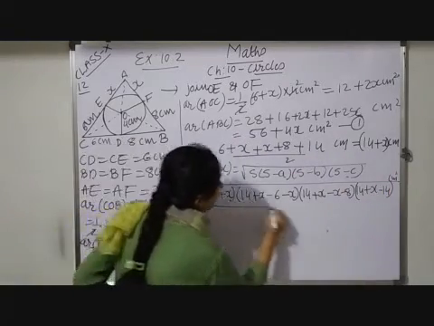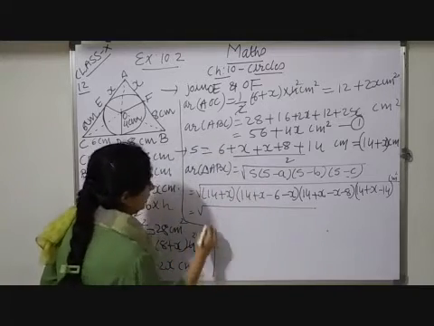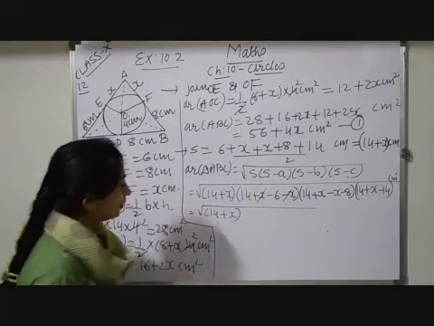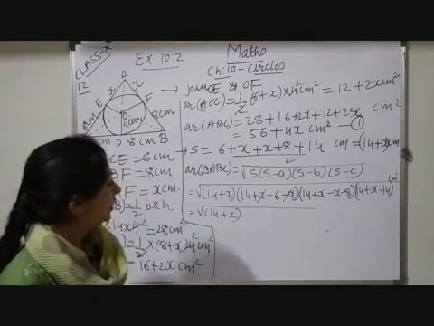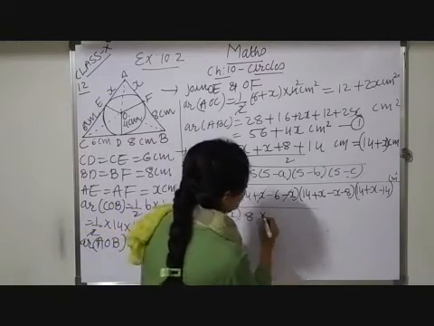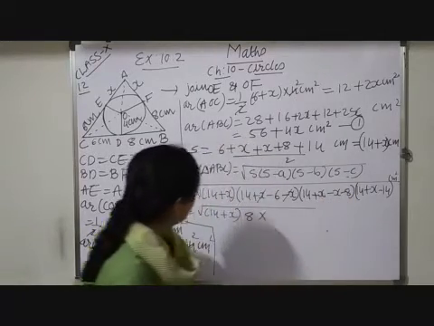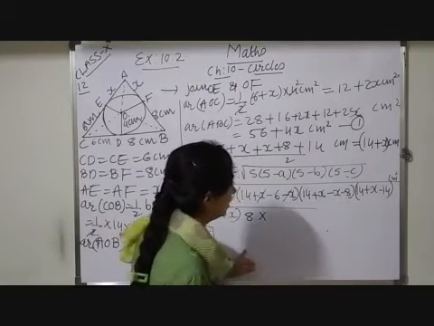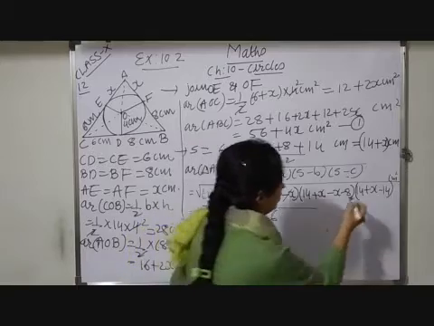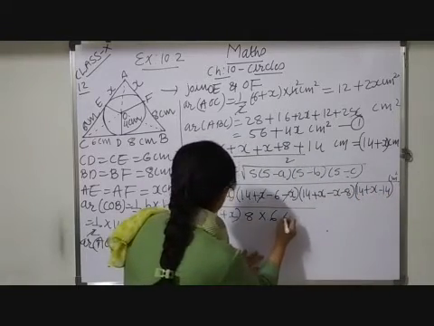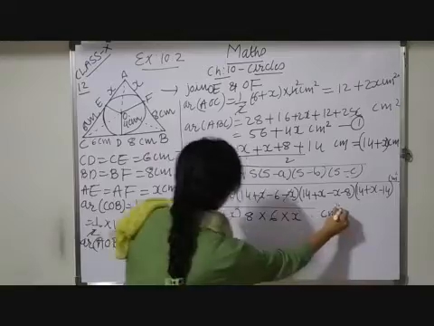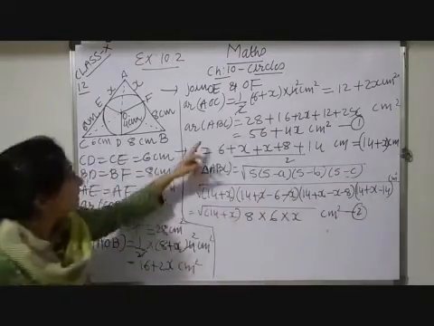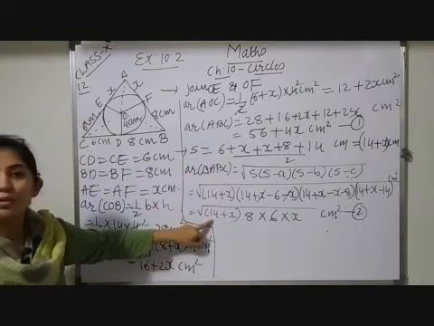So, when I simplify it, you will get 14 plus x, into 14 minus 6, where x and x cancel out, so you get 8, into, again x and x removed, 14 minus 6, that is 8, and 14 minus 8 will be 6. Here the 14 will be removed, and you will get 6 into 8 into x, centimeter square. This is your equation number 2. Now observe, this is your area of ABC and this is also your area of ABC.